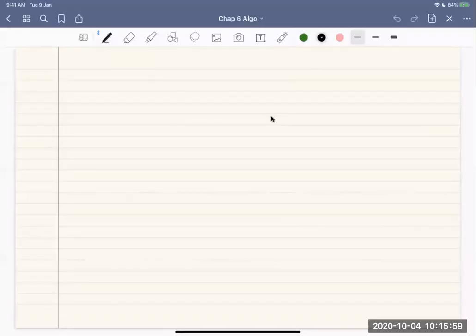Hello everyone. So now we are in week 6 and we will be doing more algorithms this week. Last week we talked about dynamic programming, which was a very interesting paradigm of designing algorithms, and we have talked about divide and conquer earlier. And today we will be talking about the third paradigm.